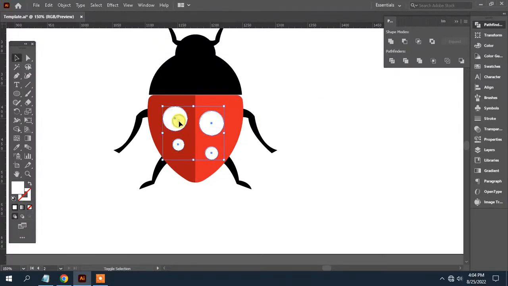Select the circle and go to transparency 80% or 60%.